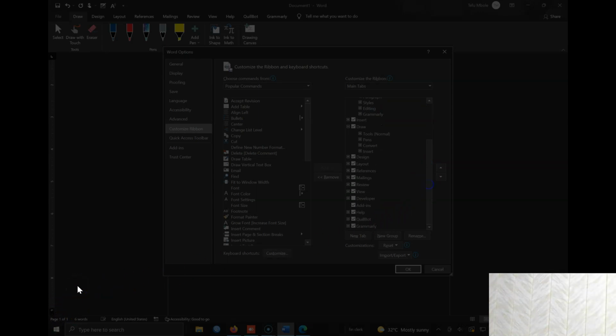Now let's get a cup of coffee, and when we come back, it's also possible to create a new tab. Can you see the option for a new tab here? Let me take a new tab here, and I want